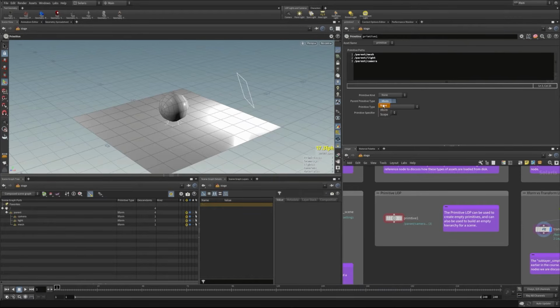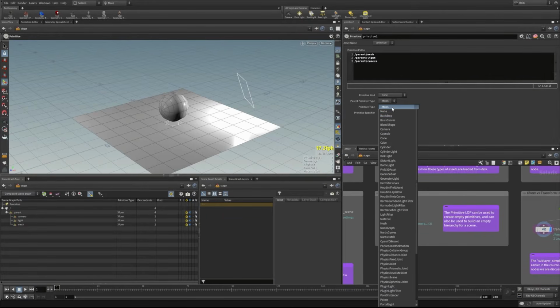Here we could set the parent primitive type, so we could say none for the parent or scope for the parent. I'll keep that at XForm because that should maybe have some transform data on it. The next thing down is the primitive type. And here we have a whole list of types. Now, I'm not going to go through every single type here, but just know that this is a great place to come to find a list of primitive types